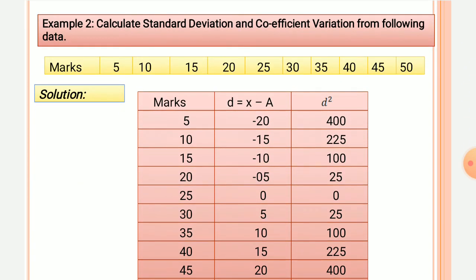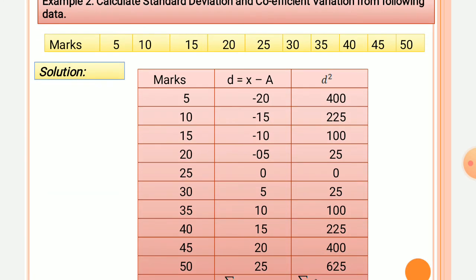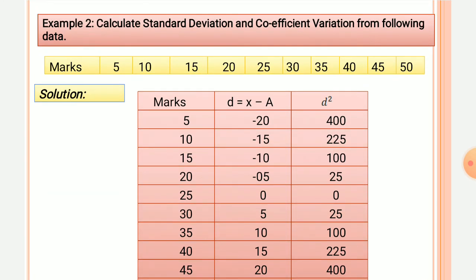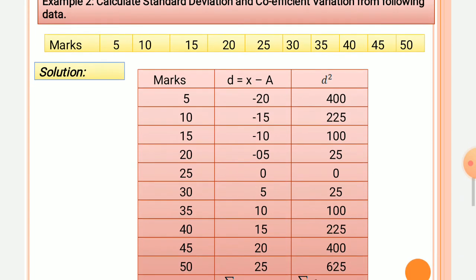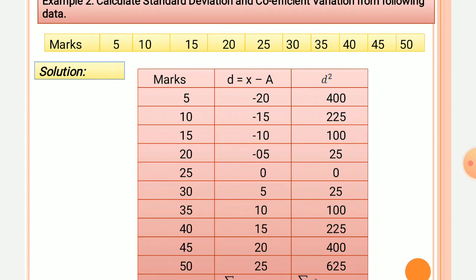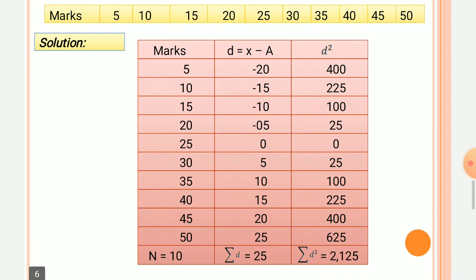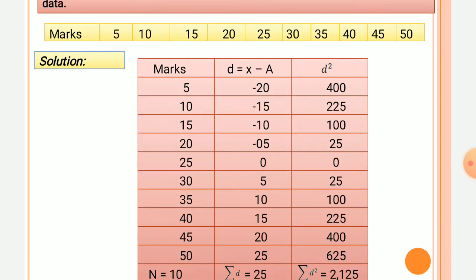Now calculate the standard deviation and coefficient of variation from the following data. So the marks values are given. The given values are shown in the first column, and in the second column we have to take the difference by using the assumed mean. Here I am using the assumed mean